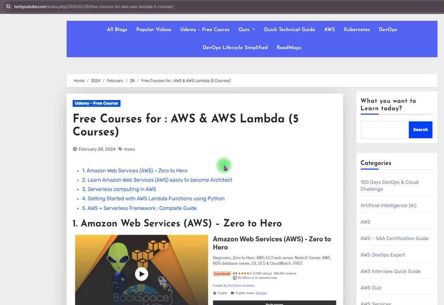The first course is about AWS 0 to Hero. Next is about easily becoming an architect in AWS. Third course is related to serverless computing in AWS. Fourth course is getting started with AWS Lambda function using Python, and the last course is AWS plus serverless framework complete guide. So these are the courses that will help you to learn AWS solution architect and the serverless computing in